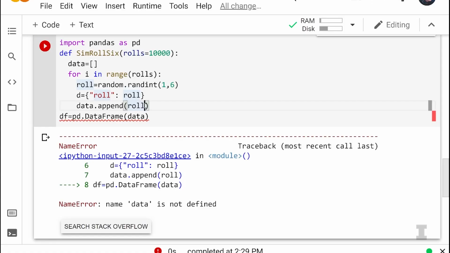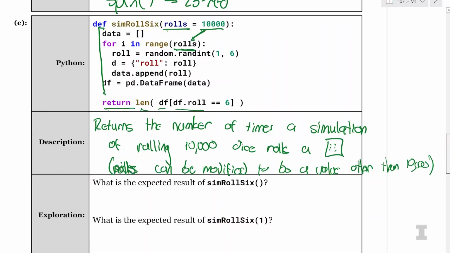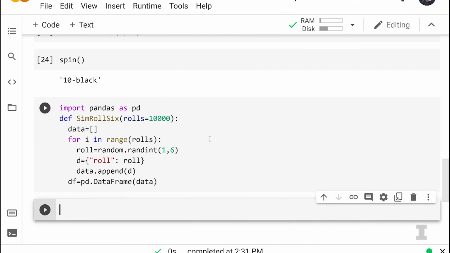So Carly's been typing up this function, and it looks like you have an error. I have an error. It says data is not defined. So it looks like inside of this function, data is equal to square brackets should be the very first line, making sure it's tabbed over from the function. I think this should be data.append(d). Oh, you're totally right. I think that's the problem. Data.append(d) appears right here. All right, and that seemed to fix it.